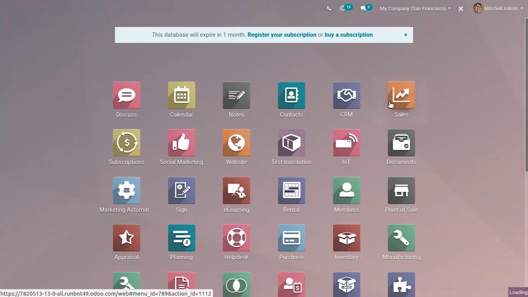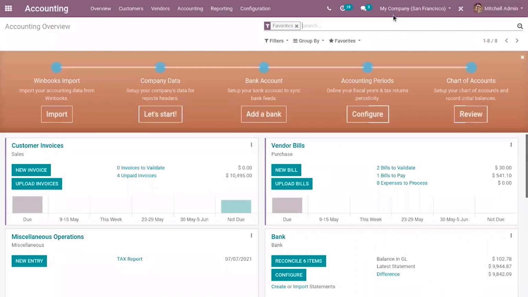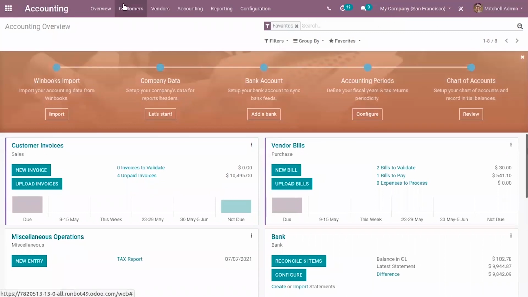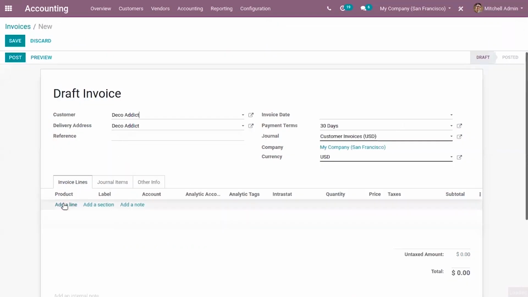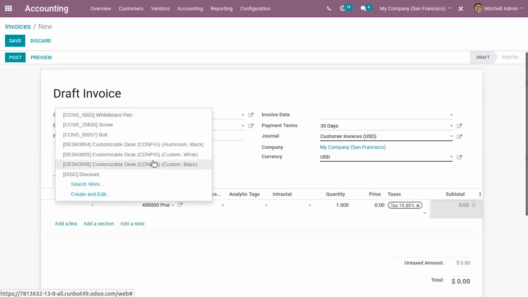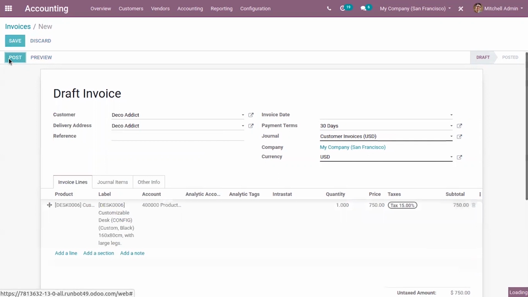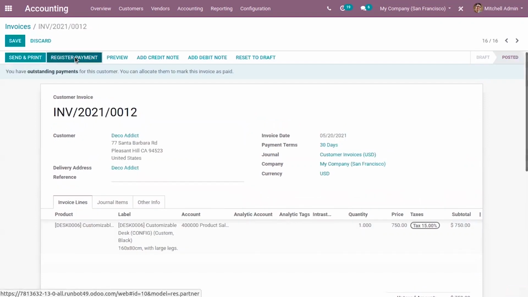So in 13, you can see when you create a customer invoice, now when you create invoice, post it and register the payment.